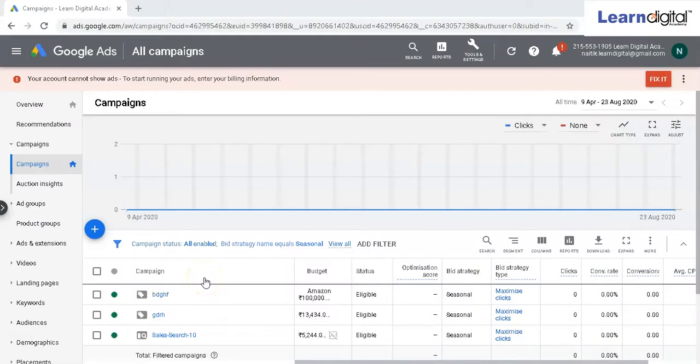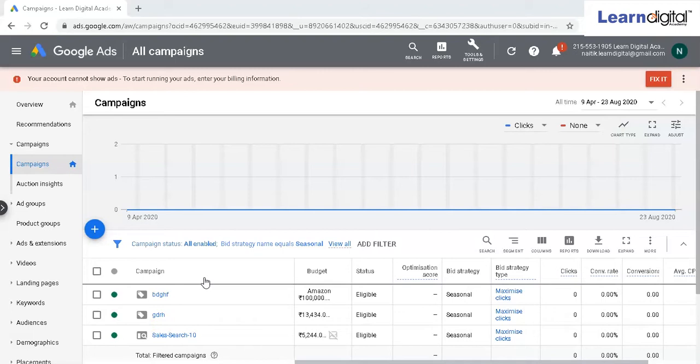In this video, we'll talk about how to add a payment method to a Google Ads account. Okay, so we've got multiple options available over here in Google Ads. Initially, we used to have only debit card, credit card, or net banking option, but now we've got multiple options available. Before we proceed further, let me tell you, there are two types of accounts we have: prepaid account and postpaid account.